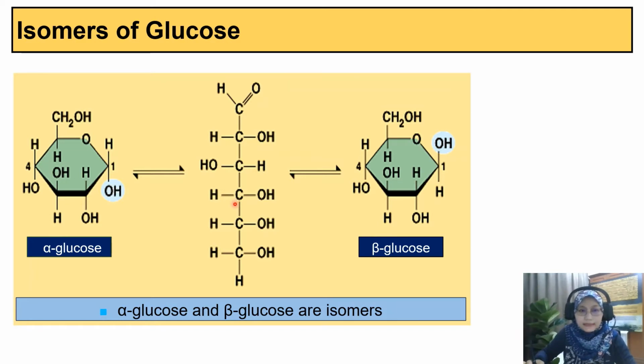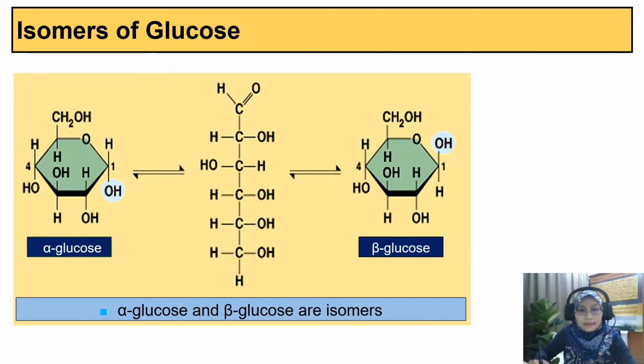In this case, this is the linear form of glucose with the molecular formula C6H12O6. But glucose can exist in 2 different ring forms,